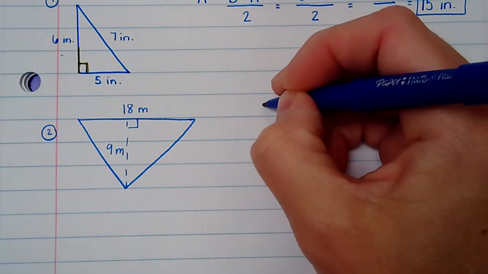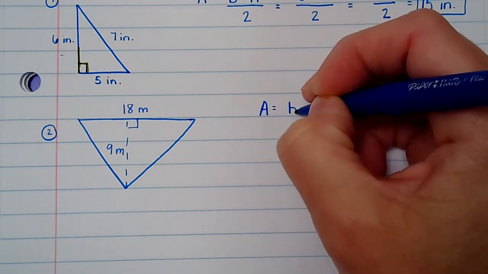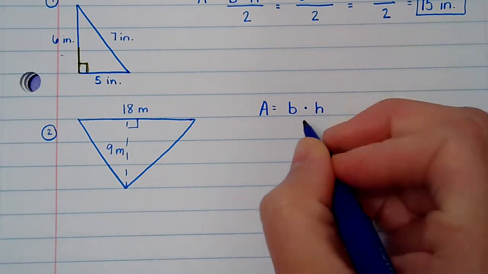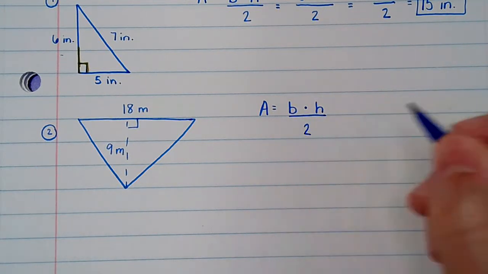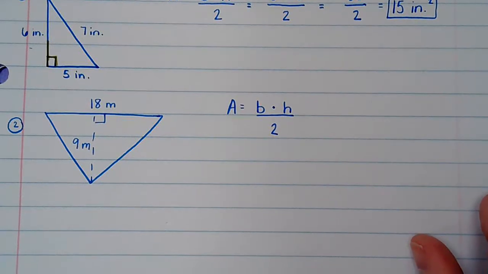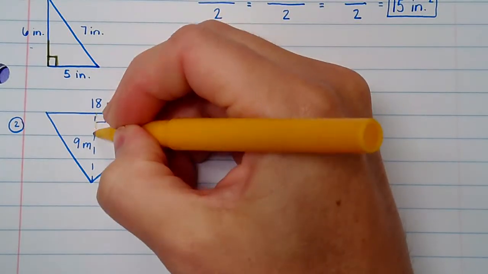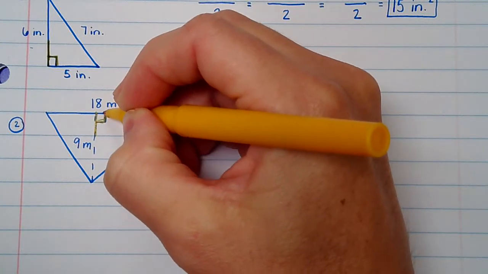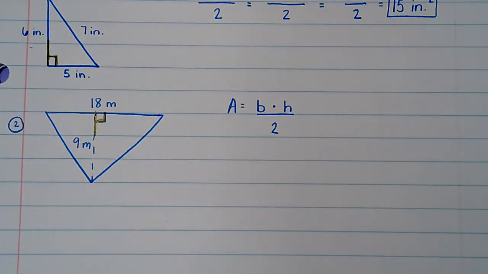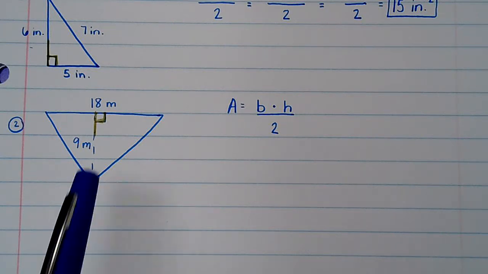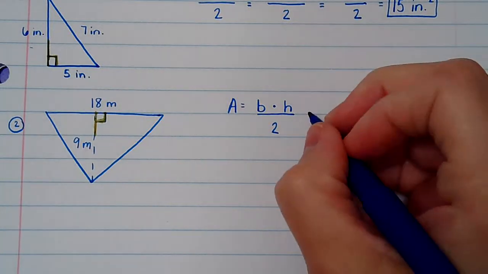So remember, my formula is base times height divided by 2. All right, so let's plug in what we know. All right, let's find my chair. So here's my chair. It doesn't matter that your chair is upside down. It's still a chair. Okay. So now what's my chair sitting on? Now, once again, it's upside down, but you could turn your paper over to see the chair, and you can tell your chair is sitting on 18. So that would be my base